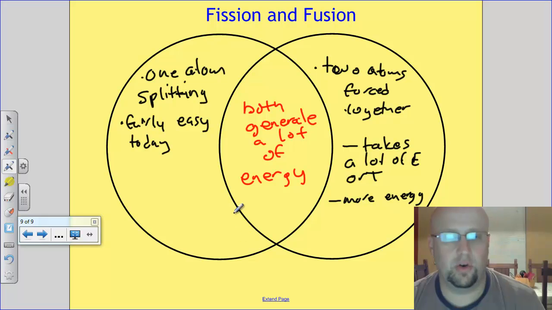So remember those two definitions. Remember how to, we'll get some practice on how to tell what half-life is from the graphs. And that's it for